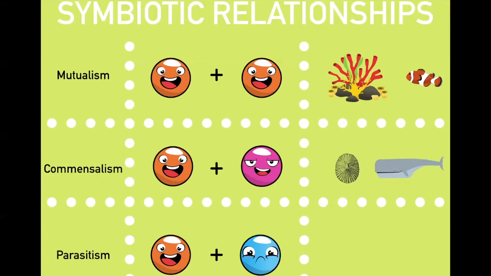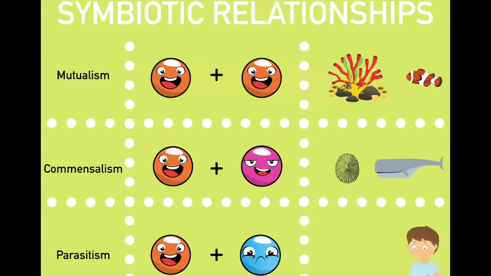Well, actually, the barnacle is getting shelter because now it has a solid home where it can stay, which is usually in the back of the whale. And it's also getting some food. Anything that comes around the whale will be eaten by a barnacle. The whale, however, doesn't get anything out of this, but it also doesn't hurt it. Let's move on to parasitism.